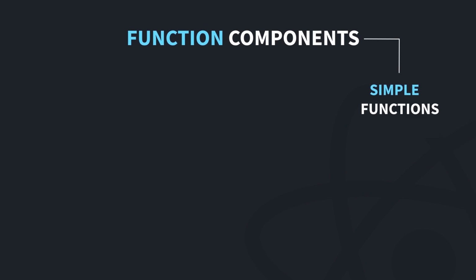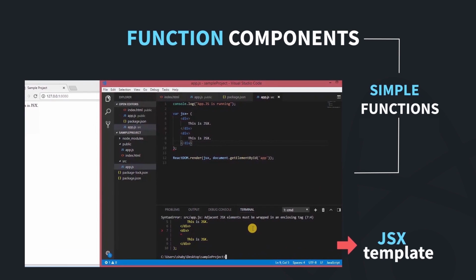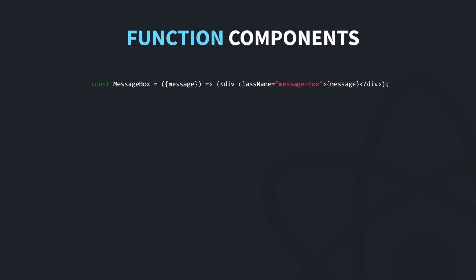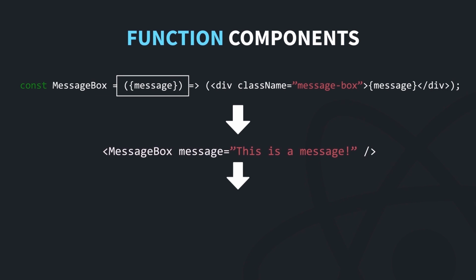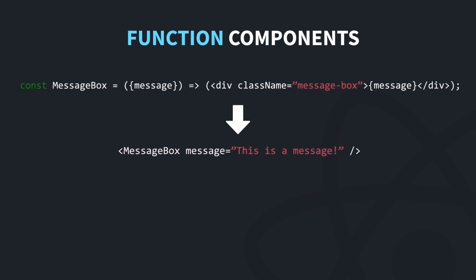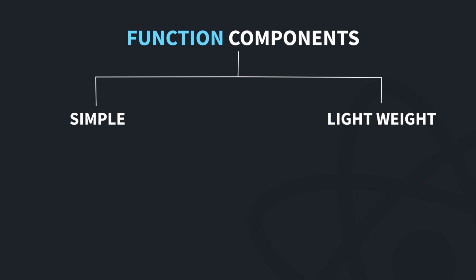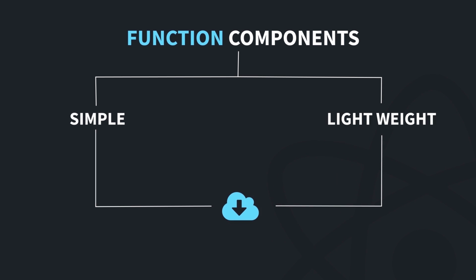Function components are simple functions that return a JSX template. At the top, you can see a function component named MessageBox, which simply accepts a prop called message to render the visual element as seen at the bottom. Function components are simple and lightweight components for when you need to render visual elements that depend mainly on props